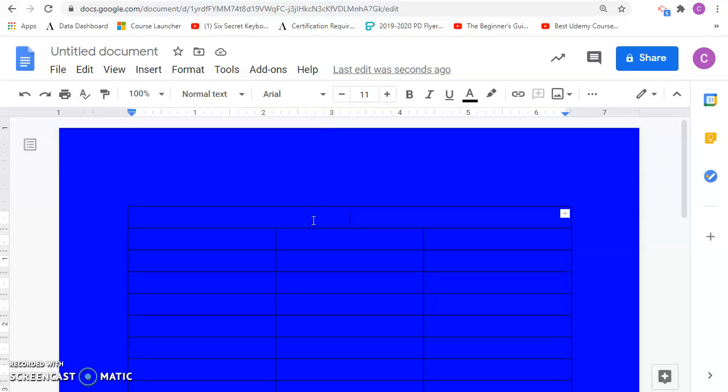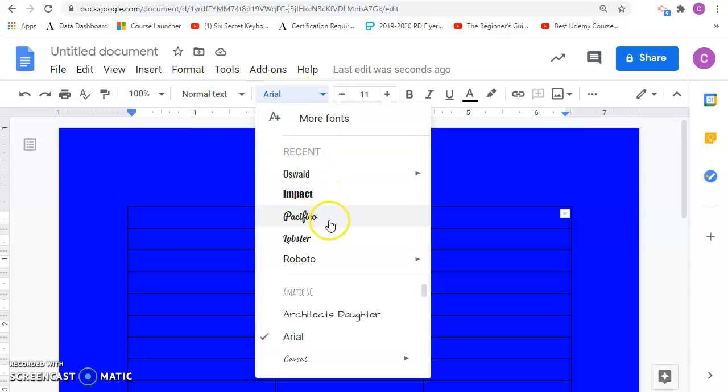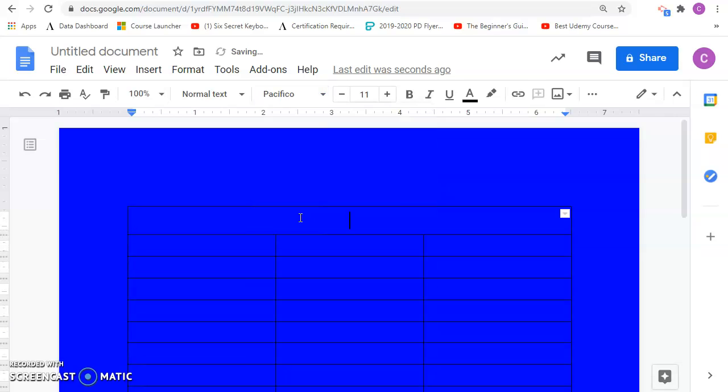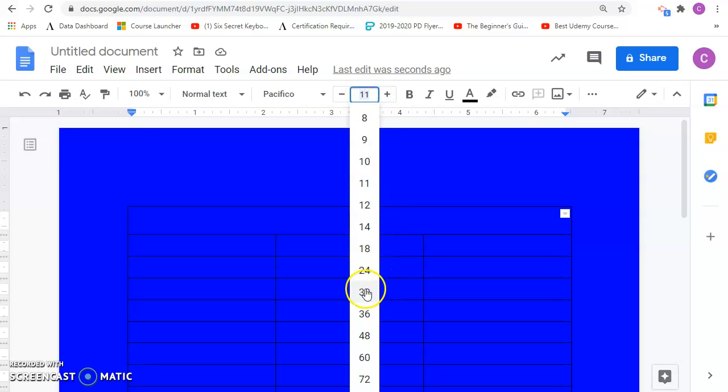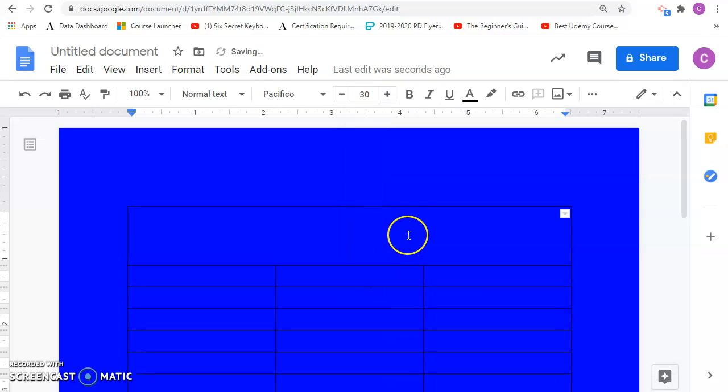And for our name, let's go ahead and change to a font style that interests us. So let's do something that looks good. I'm just gonna choose this one. And we'll also choose a larger font size. So let's do a font size anywhere between 24 and 36. So let's try 30 and see how that looks. All right. So here's the name of my restaurant at the top, Encore Cafe, and then